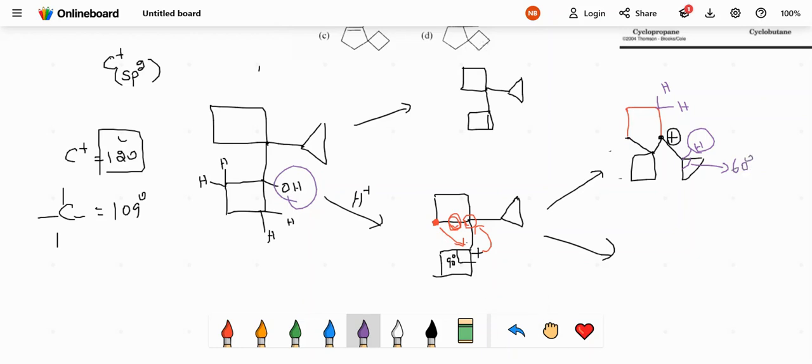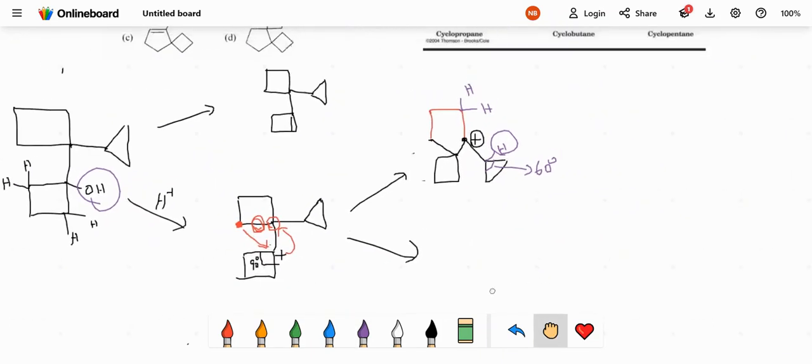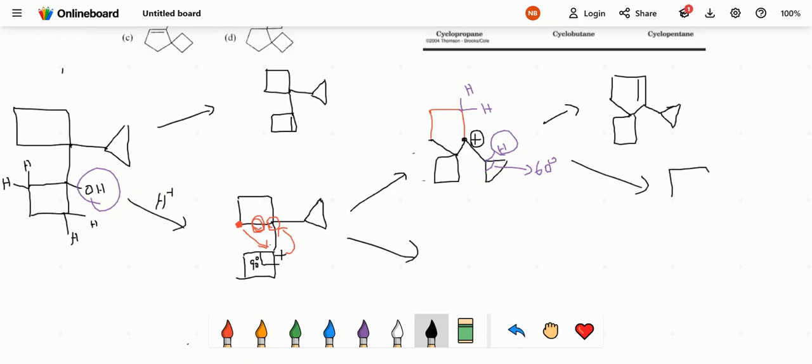If you are removing this, I am going to draw two more possibilities here. One possibility will be like this, right? The double bond will be formed here. We have to decide which will be the more stable one. Another possibility, this will be against Saytzeff's rule. Another possibility for this one will be a double bond